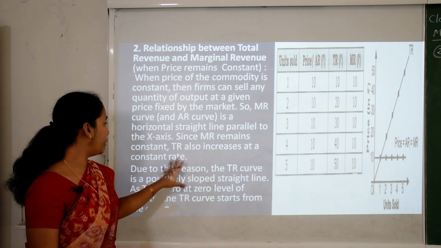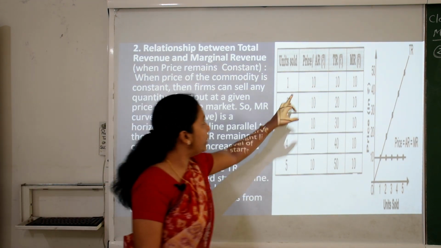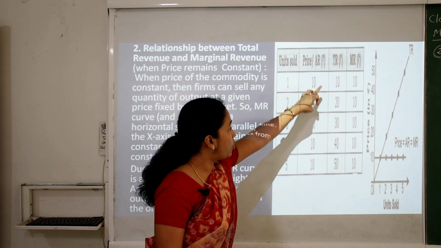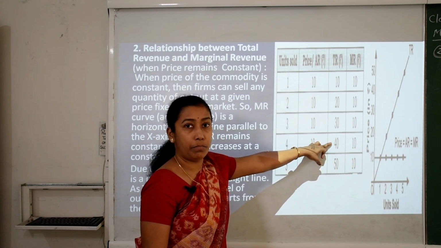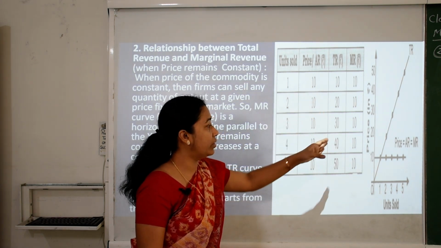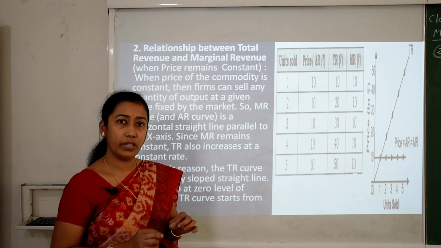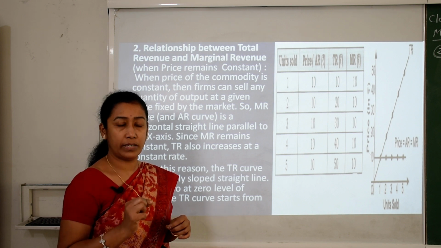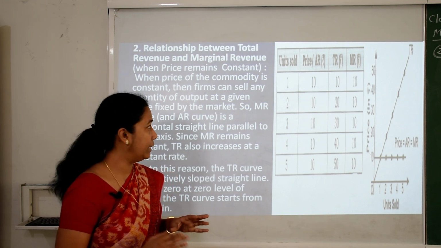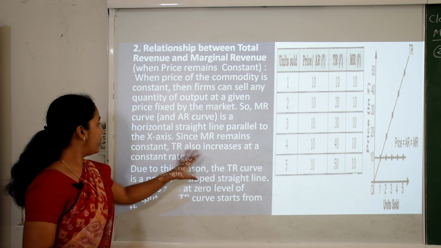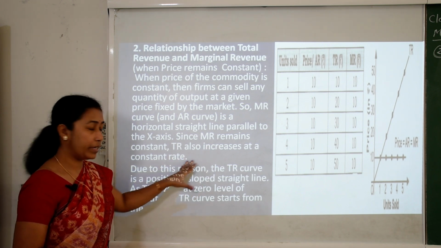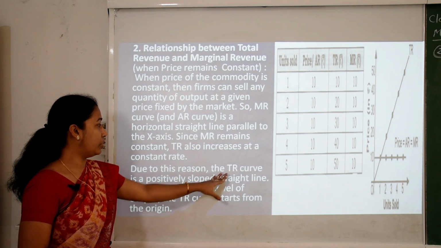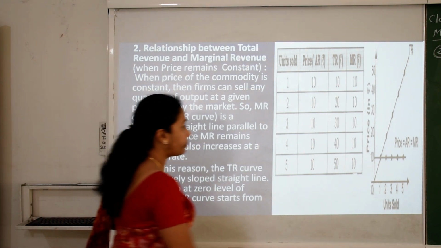So total revenue also increases, but at a constant rate. Here we can see units which are sold, price which is constant as the condition says, and total revenue which is increasing at a constant rate, that is 10, 20, 30. That means the difference between the total revenues at successive levels of output is constant, it is an addition of 10 only. Since marginal revenue remains constant, total revenue also increases at a constant rate, and constant rate means 10 only. Due to this reason, the total revenue curve is a positively